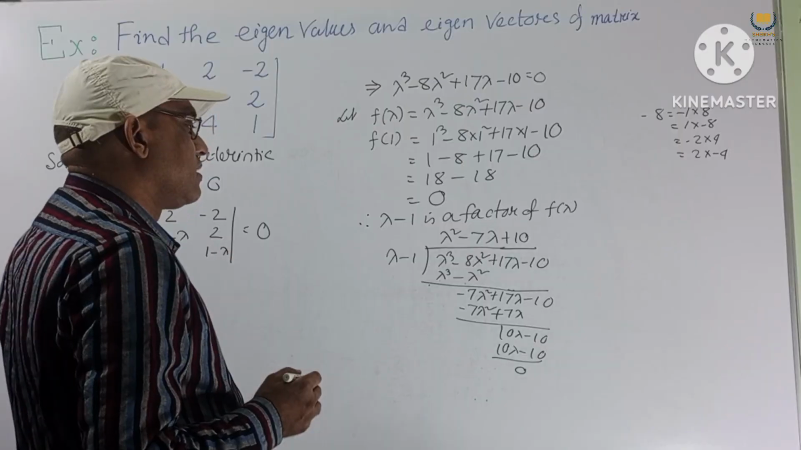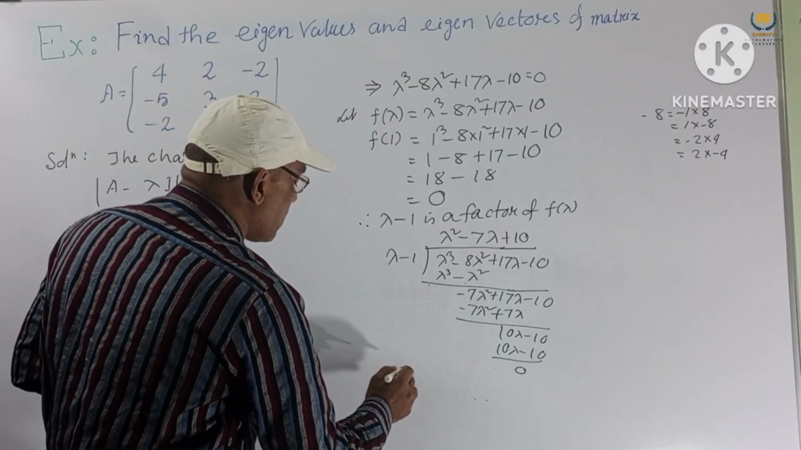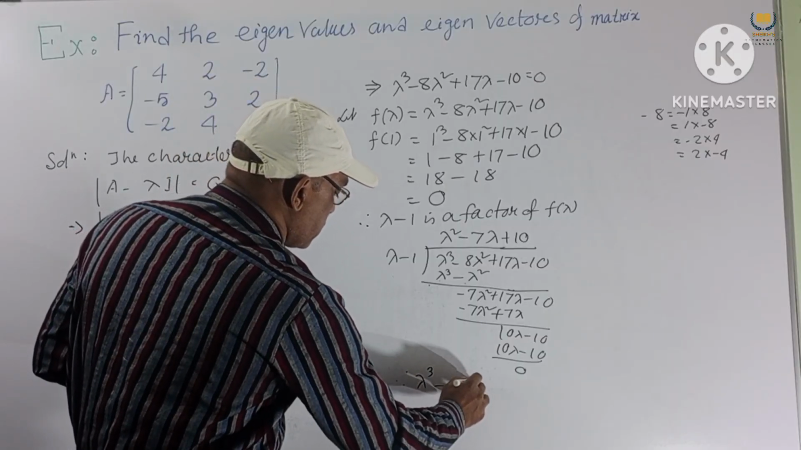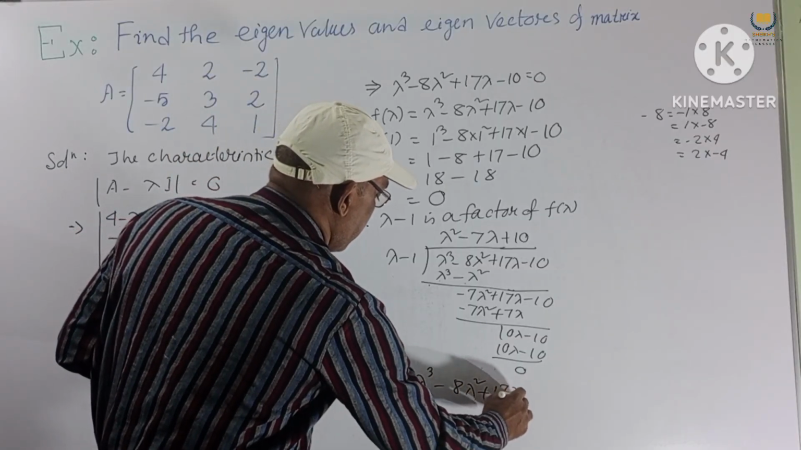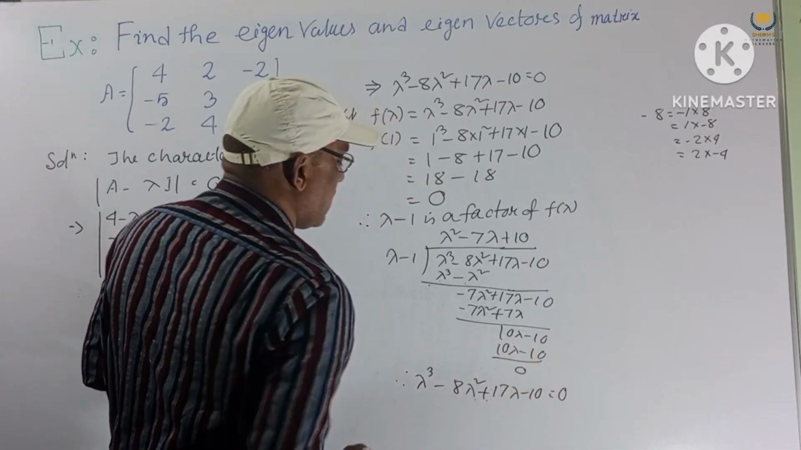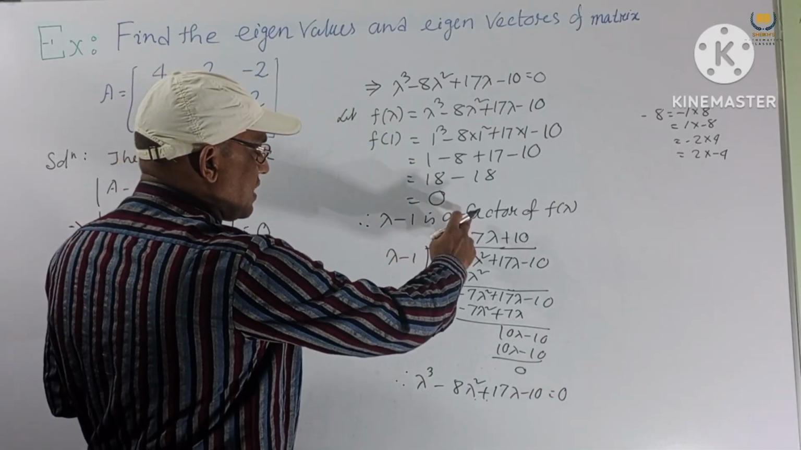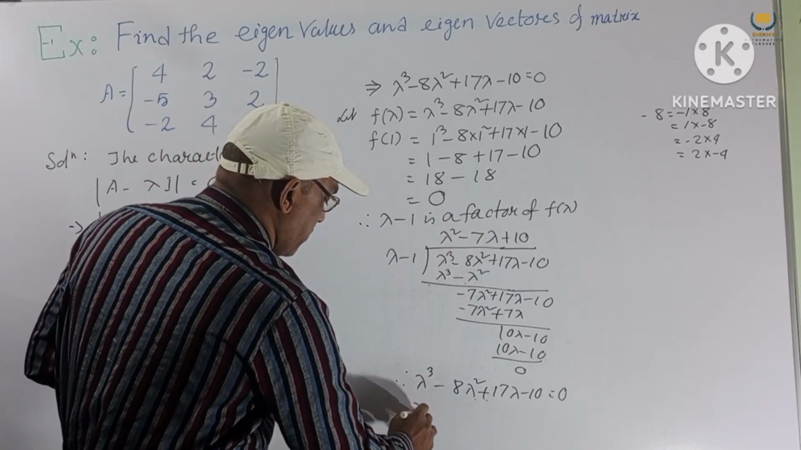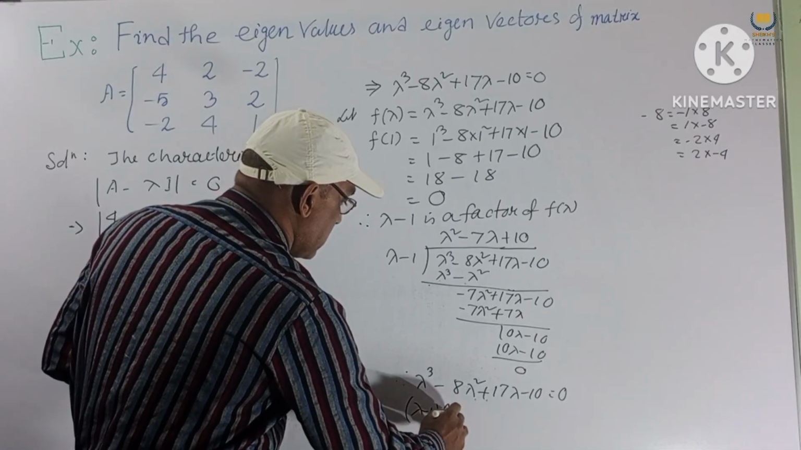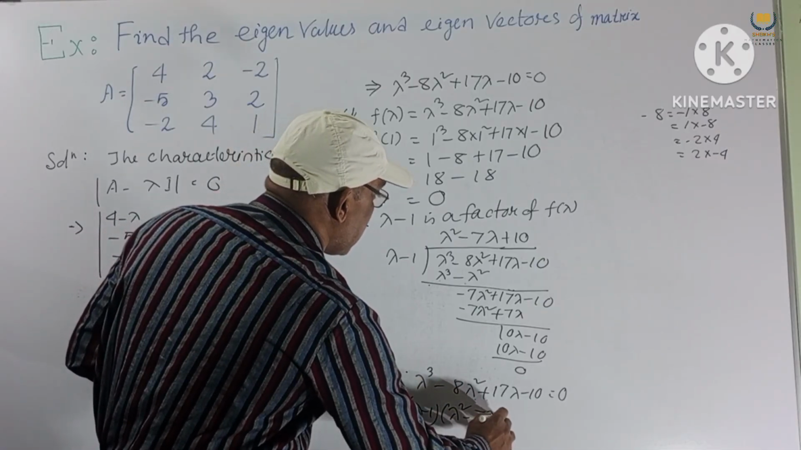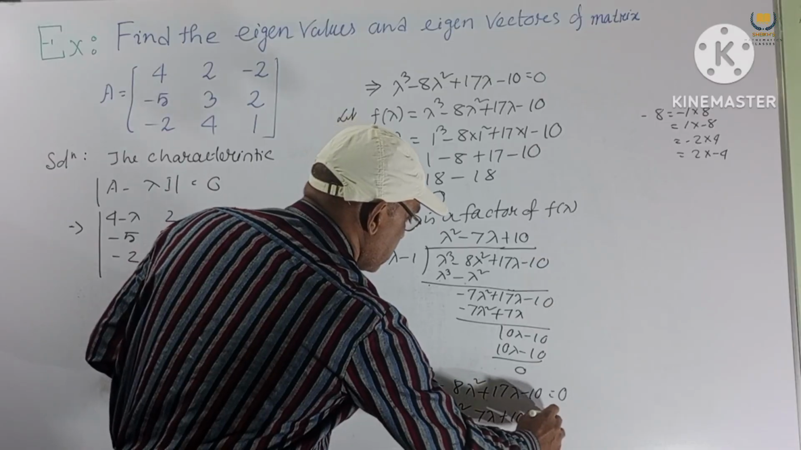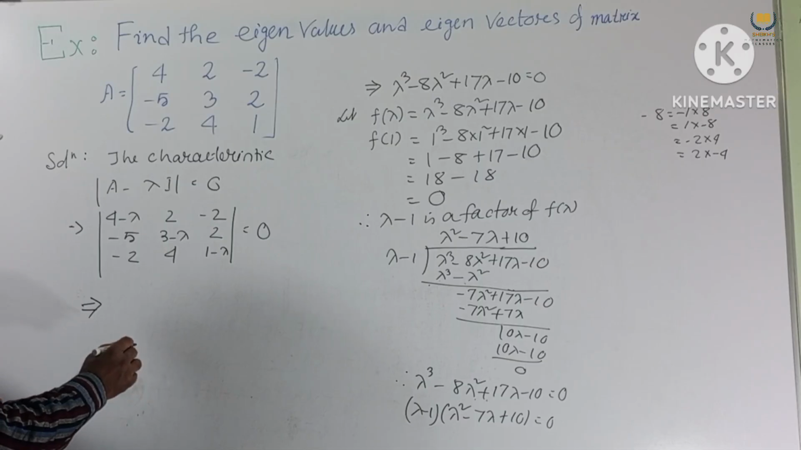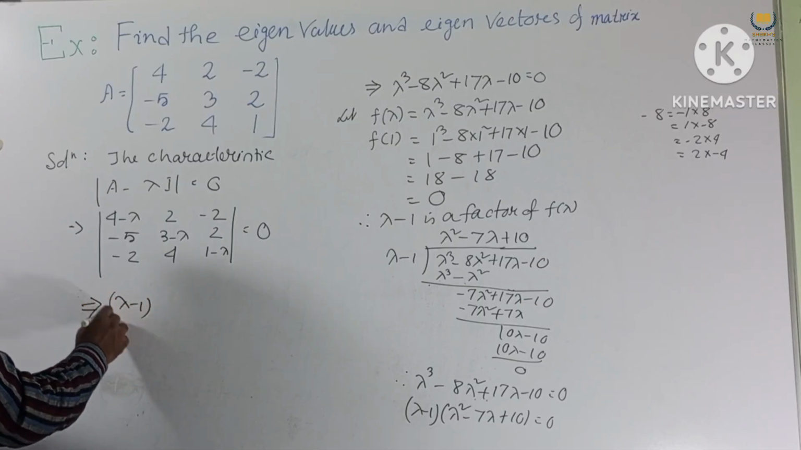So we get this. So therefore lambda cube minus 8 lambda square plus 17 lambda minus 10 equal to 0, and this we multiplying this and this, that means dividend equal to divisor into quotient plus remainder. So if we multiplying, lambda minus 1, lambda square minus 7 lambda plus 10 equal to 0. So we get this, and if we factorize this one, lambda minus 1 remains same,